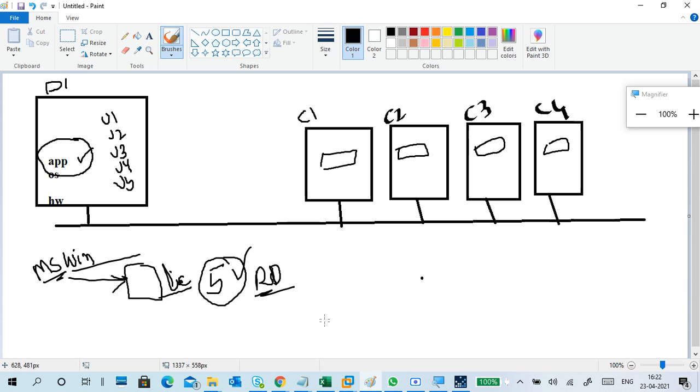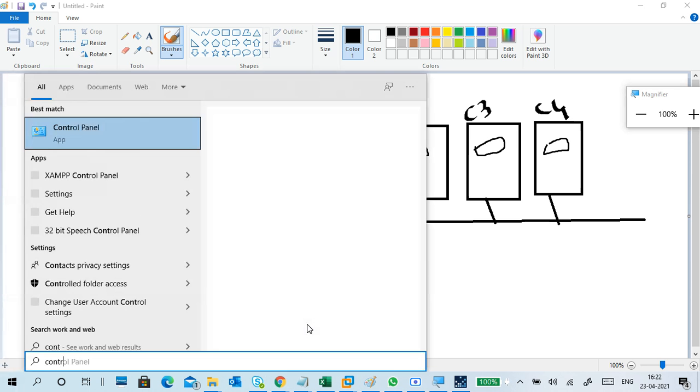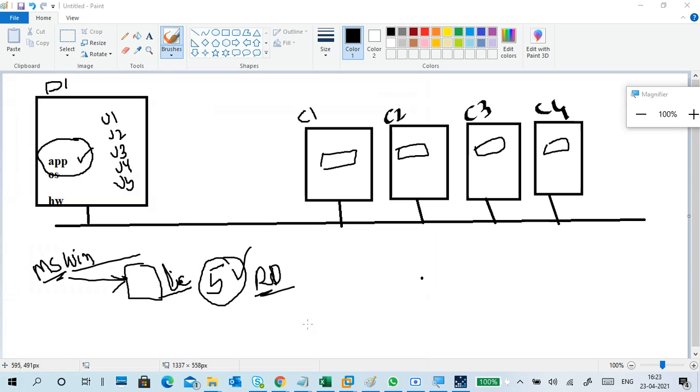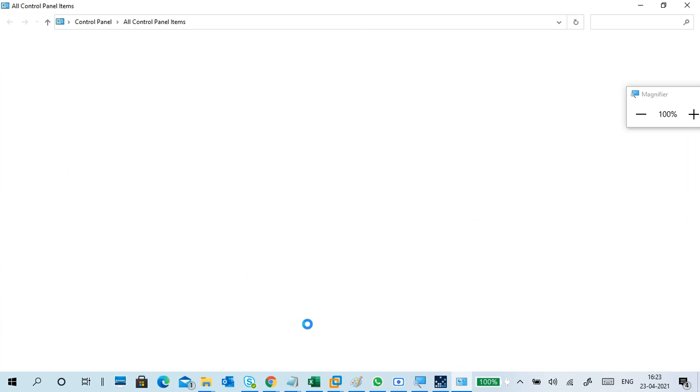So that is also there. You can go to the Control Panel and find out where the remote desktop and sharing kind of stuff is.